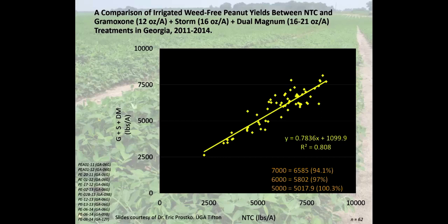But if your yield goal is about 6,000 pounds per acre, then you only lose about 3% of your yield. If your yield goes to 5,000 pounds per acre, you don't lose any yield at all. So the injury will not be getting in your way. So I think we have a fairly strong confidence that if we are shooting around 5,000 pound yield peanut, which is really high for dryland peanut, in most of the cases, this treatment will not get in our way